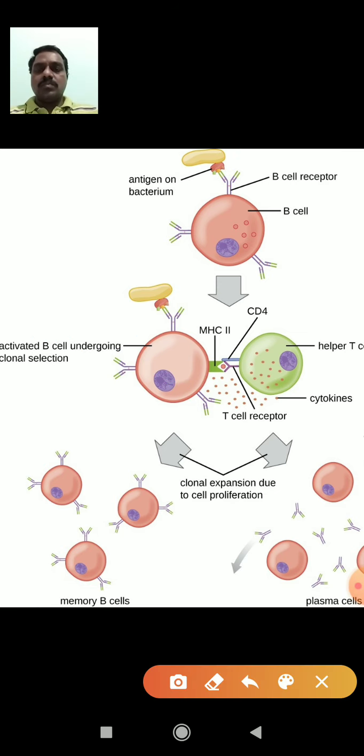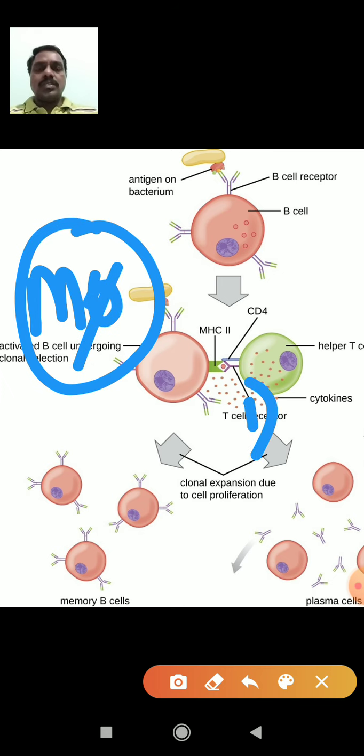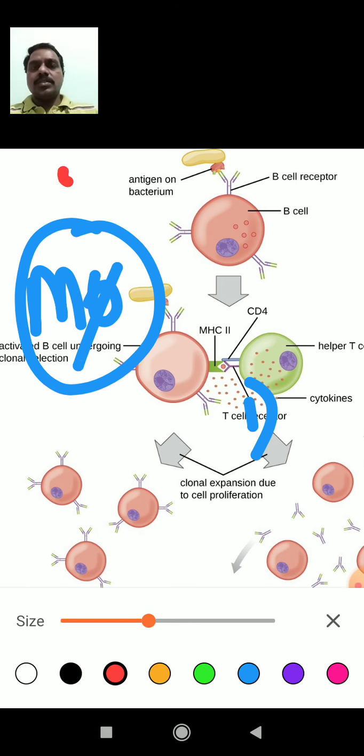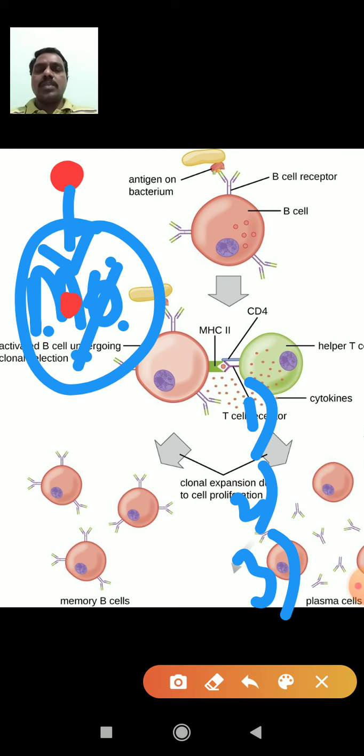The first one, suppose a macrophage is there. First, it recognizes the antigen. That is the first point. The second one is to engulf the antigens, that is phagocytosis, taking the antigen into the cytoplasm of the macrophage. After taking in the antigens, it destroys the antigen. That is the third point of the macrophage.